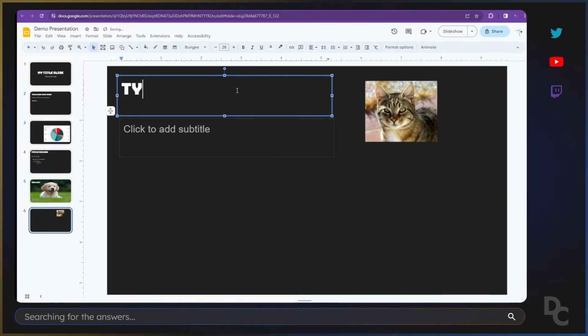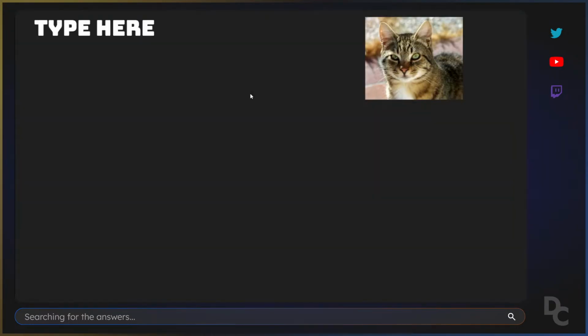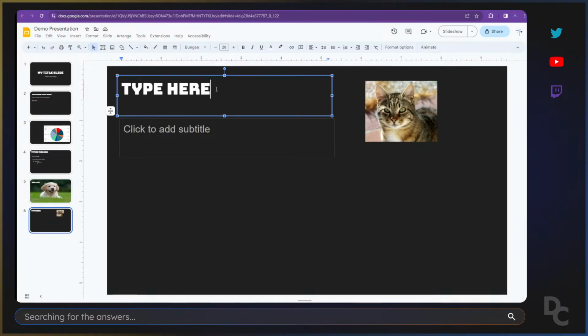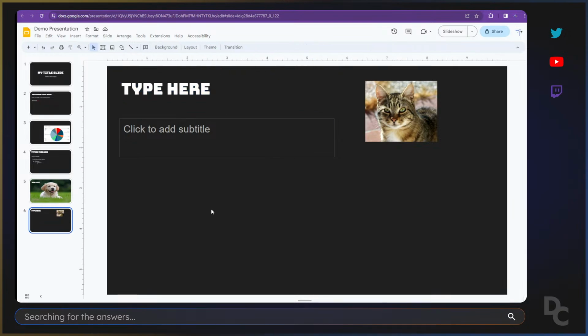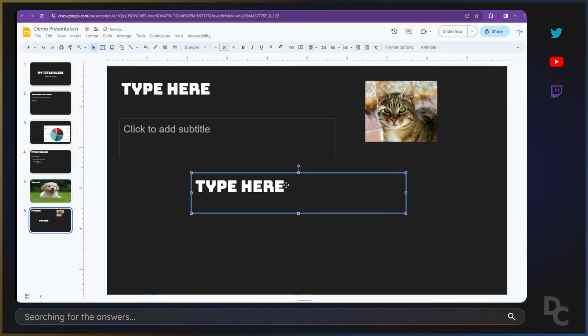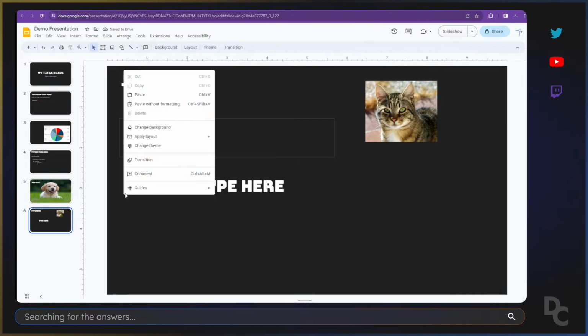Now if I type here and then go into the preview mode, now the text shows up. The subtitle text is still missing because I didn't add anything there, but where I have edited it, it will show up. One way that this gets a little tricky is if you copy this text, sometimes Google